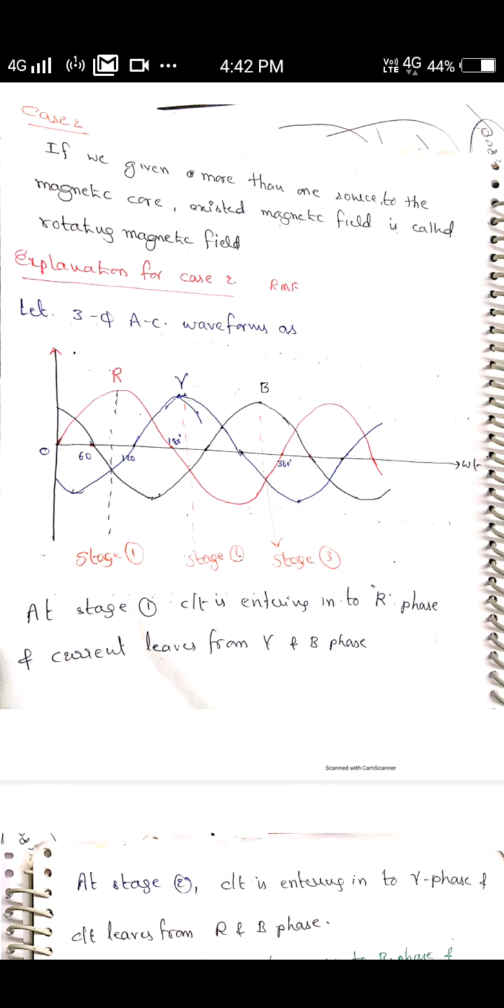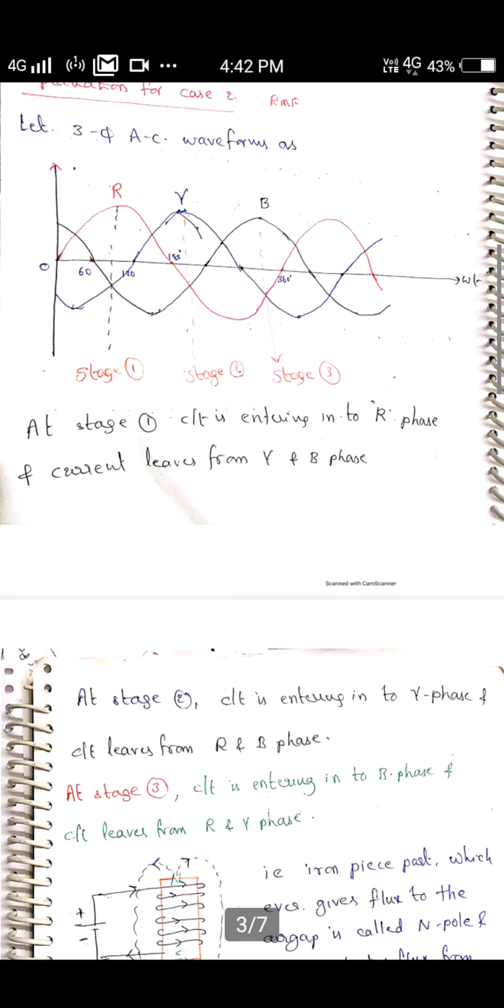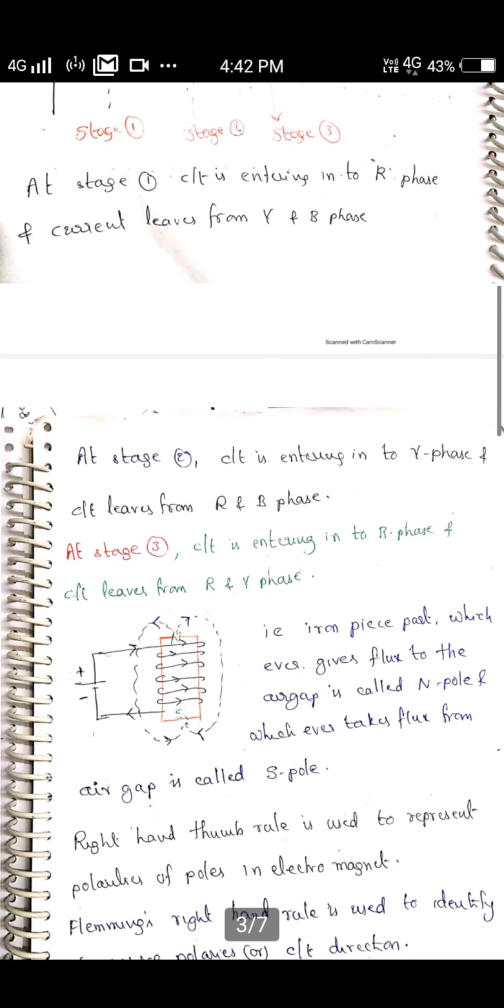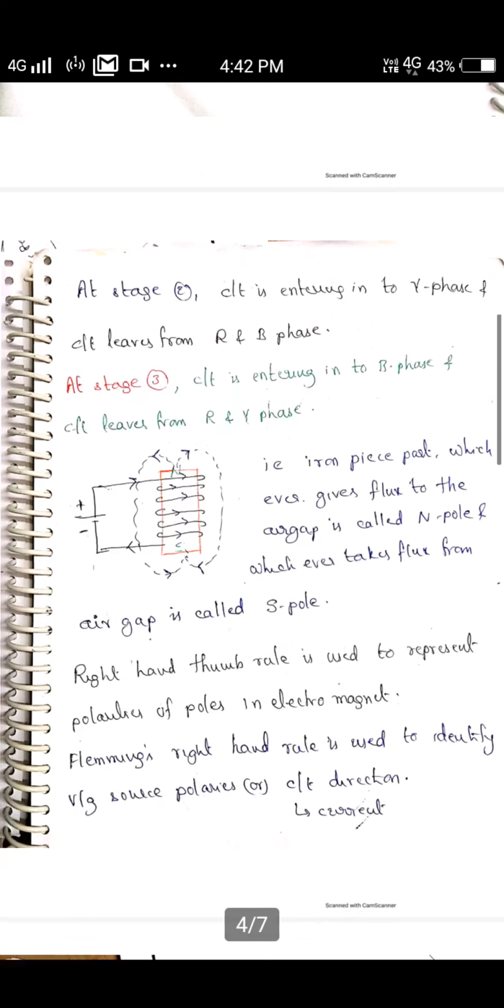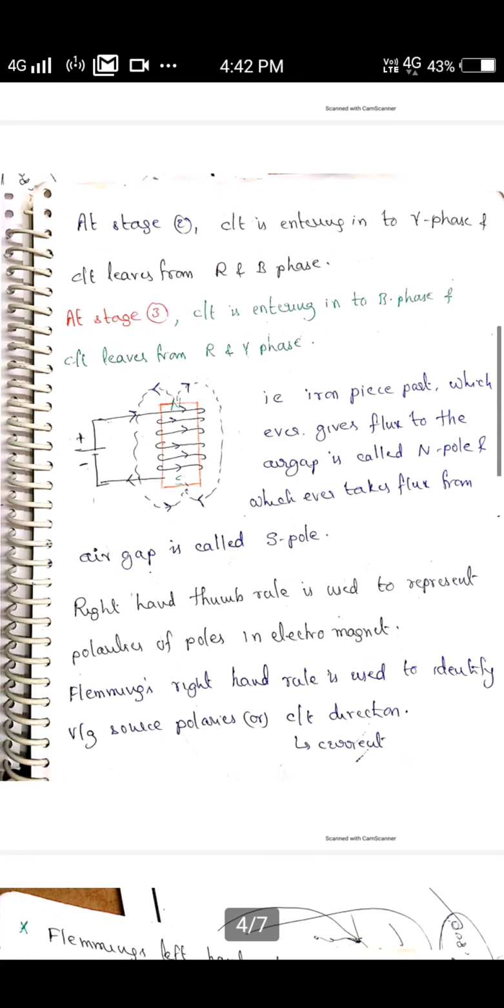Similarly for Y phase and B phase at stage 2 and stage 3, one is more positive and the remaining are more negative. If any phase current is entering one terminal, another phase current will leave from the other end. Now see at stage